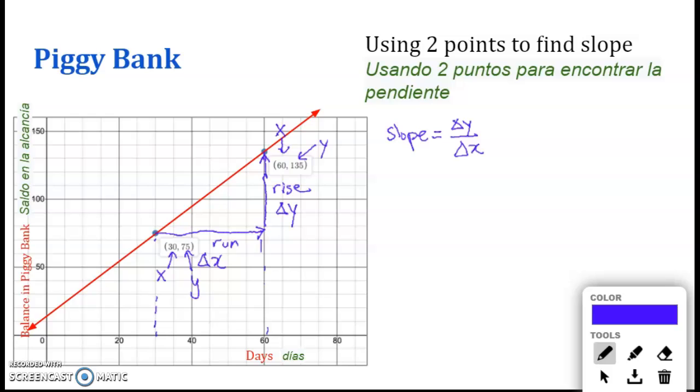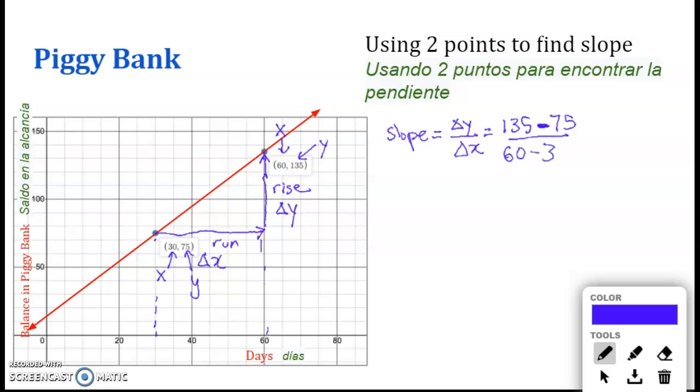This point went from here to there, so we get the final point, which is 135. And change means we need to subtract, so this has to be a minus sign. Then it's going to be 75, so we're subtracting 135 minus 75. And for the change in x, it's 60